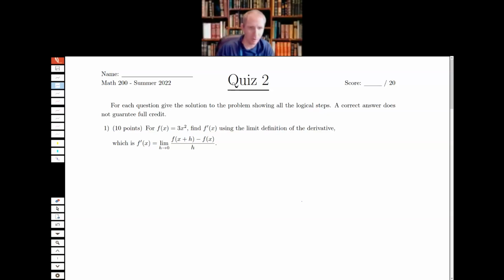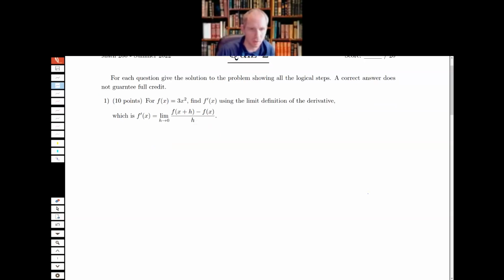Okay, so let's quickly go through quiz 2. For the first problem, find f prime of x using the limit definition of the derivative. Okay, so what we want to do here, we're given the limit definition. I think that a helpful thing, at least for me, when I'm going through these problems, is to say, all right,